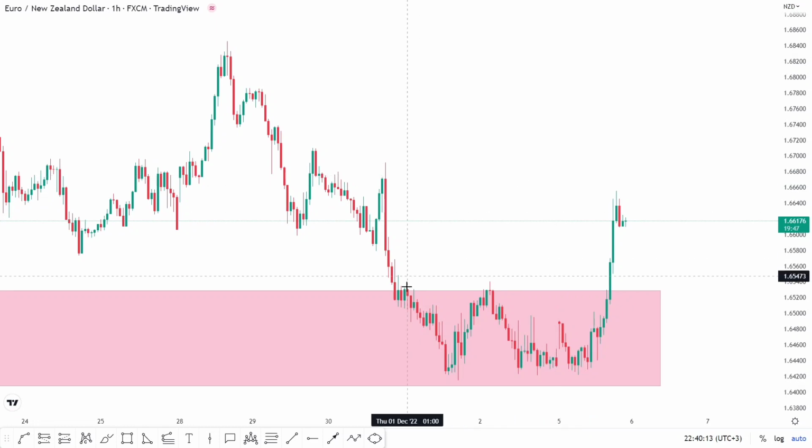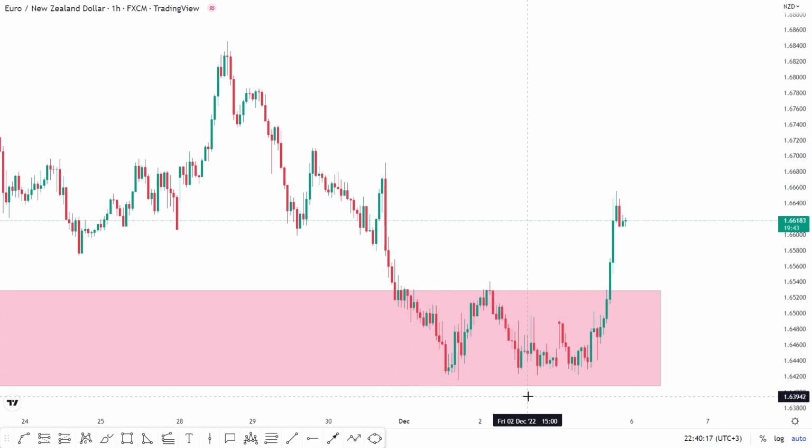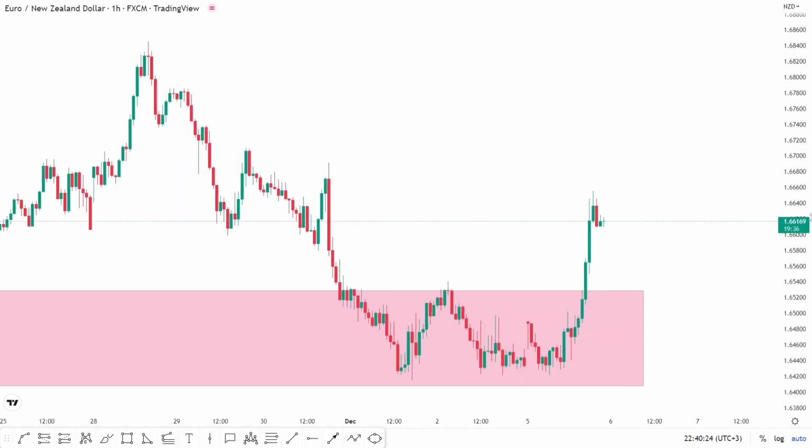But if price comes to the demand zone, then we have a very significant bullish confirmation, then you can take the trade. Now in this case, I want you to see price traded back to the demand zone. At this point, there was no significant bullish pattern. Price continued to drop down. Then we had some sort of bullish pattern here, and price started to buy. But this happened last week, I think, probably on Friday. So being Friday, I couldn't have taken the trade at this point.